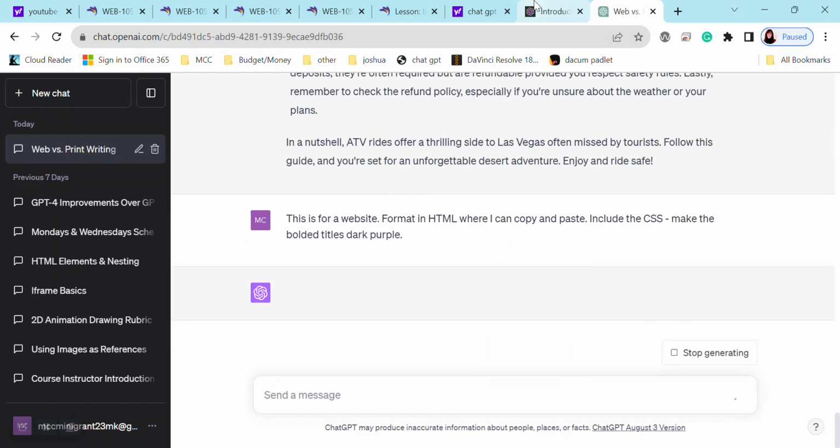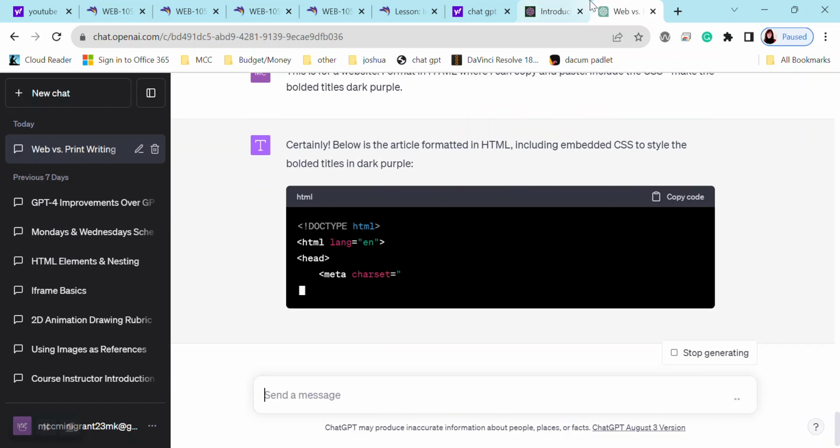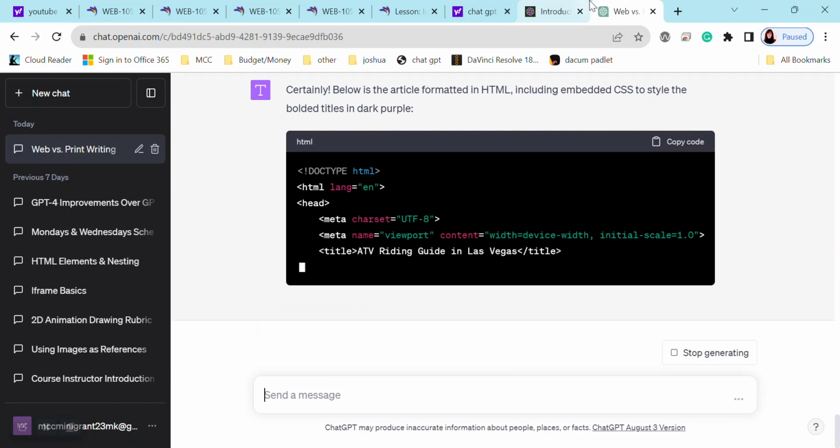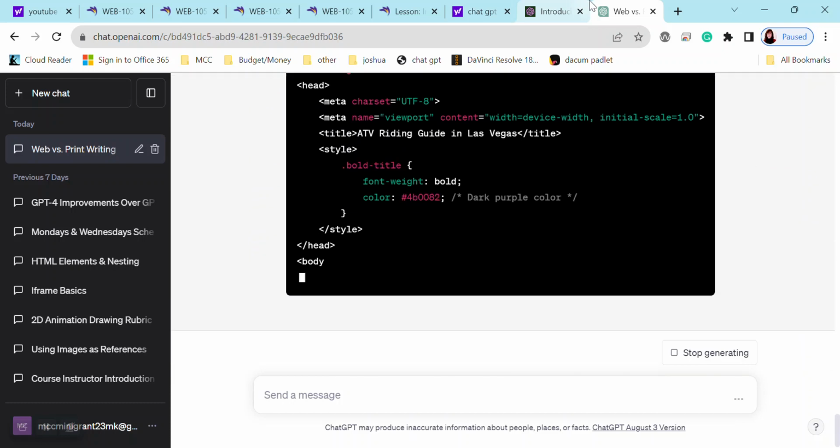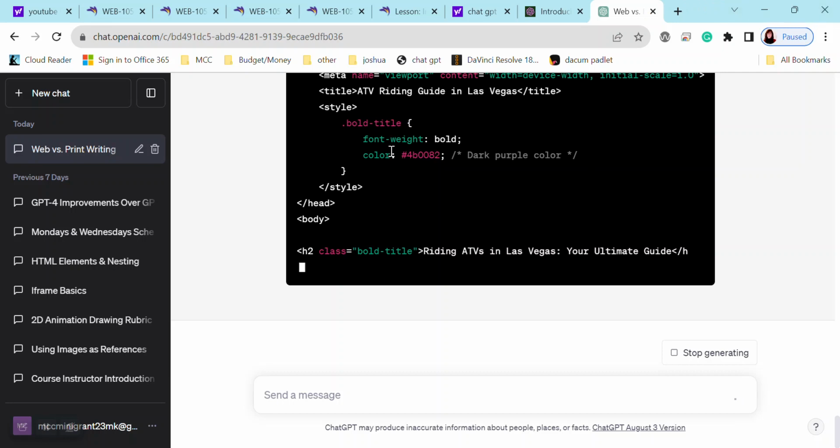we can go further. Now this should be copied into an external style sheet.